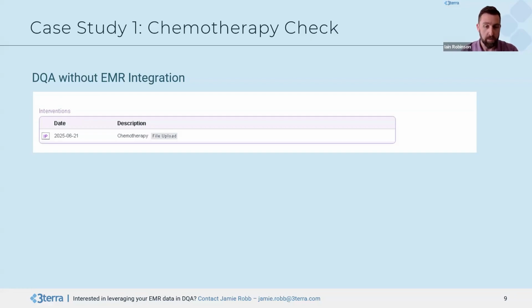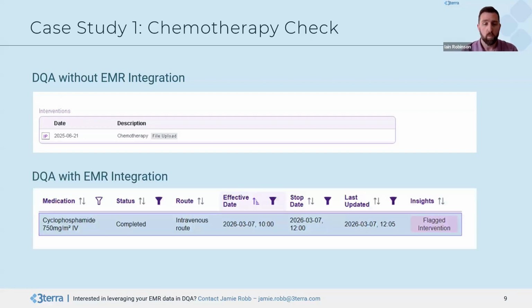Well, let me show you how this can be better. With EMR integration, we're now providing detailed data viewers to show you the specifics of the piece of information that's actually triggering that check. So then you can go back to the coding system, make the appropriate changes, and really remove the EMR out of the loop. You can see all the information associated with that we've brought in,